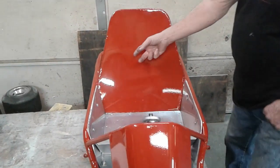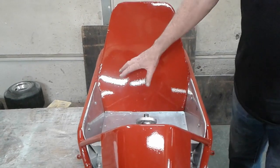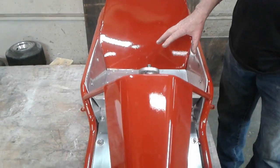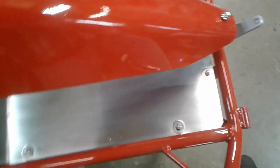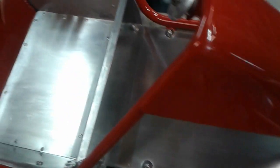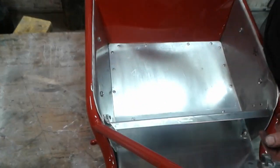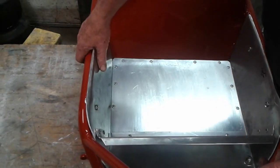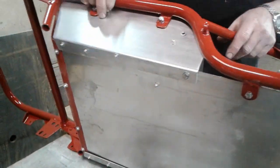I put a steel seat back in it, just like the original Alley Cat had, but I put an aluminum floor pan in so that it has flexibility in the front section of the frame. And so I want to show you what we do when we put the floor pan in, different than a lot of people. A lot of people just rivet their floor pans in. So as long as you have the option of doing this, and it's been all apart,